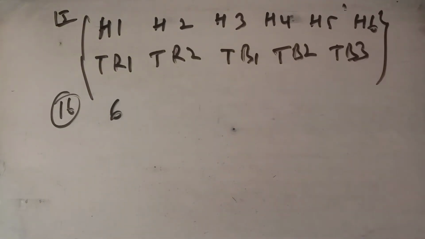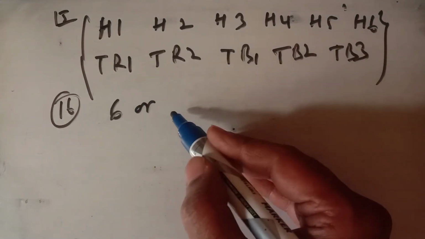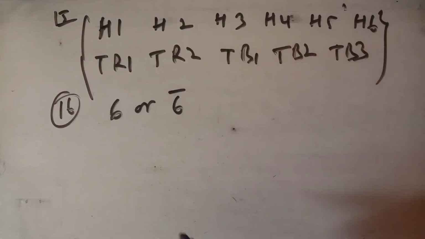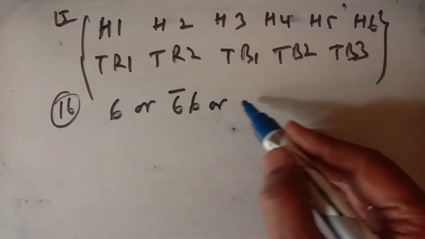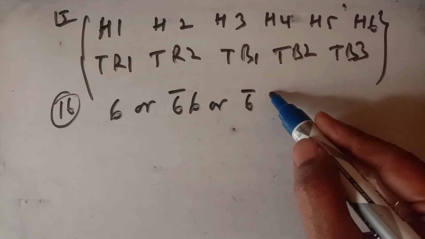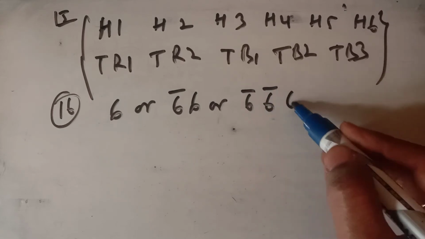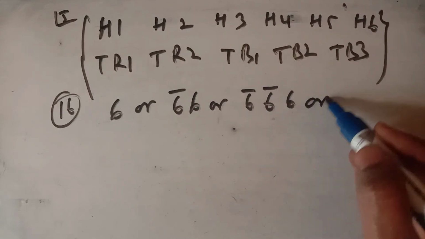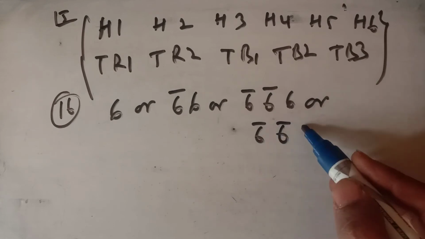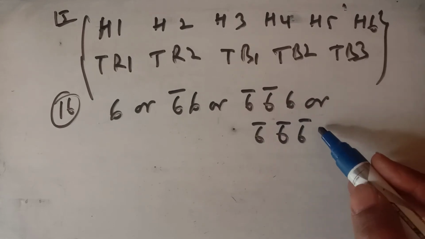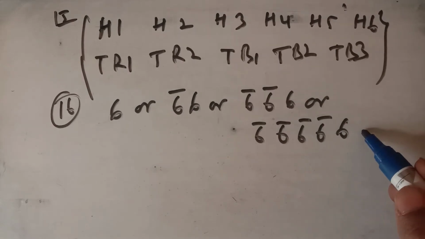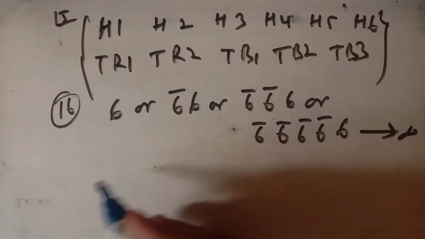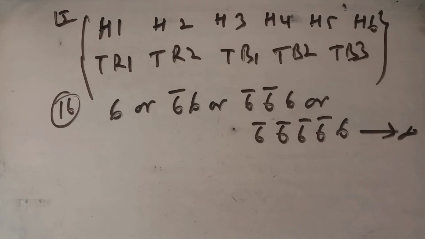It's completed because we don't have to throw it again, but it can be that we cannot get a 6 in the first throw. We can have a 6 like this, or like this: first throw पर 6 नहीं आया, first throw पर 6 we are not getting, we are getting 6 on the third, or 6 not in the first throw, 6 not in the second throw, 6 not in the third throw, 6 not in the fourth throw, we can get 6 in the fifth throw and up to infinity. So this is the sample space.